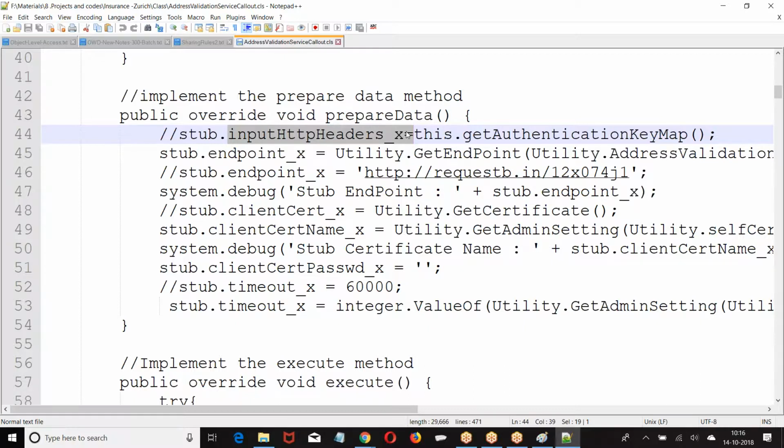So what is that input header? Anything that you want to put in the input header of the request, we can put there. If I have a separate method to pass the header element, then there will be a header element. If I have to pass the data in the body parameter, use that. If I want to authenticate myself with a certificate, pass the certificate. Default header element, body or certificate. I hope you are good with this.